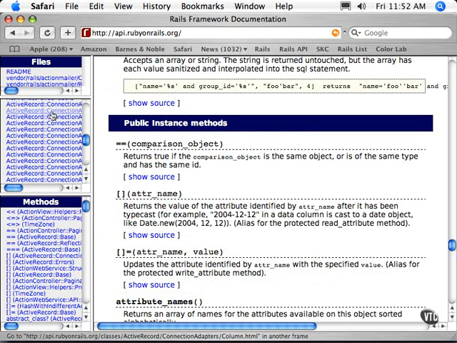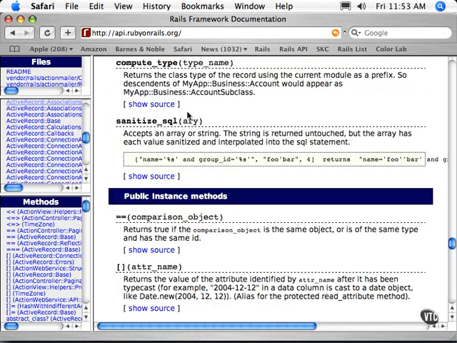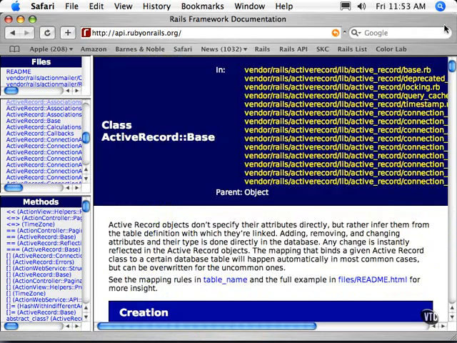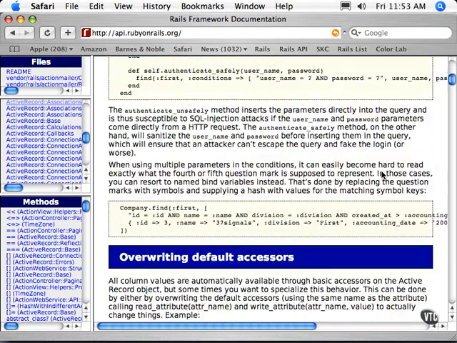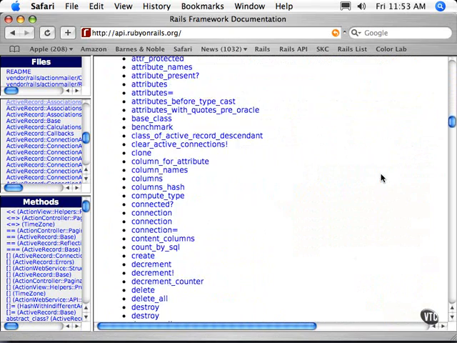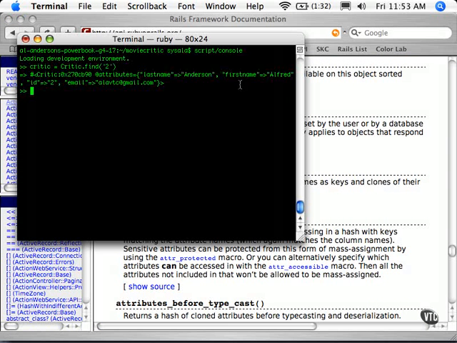I'm in the Active Record Base, and I've scrolled down to the list of methods and gone to attribute names. We can see that that method returns an array of names for the attributes available on this object, sorted alphabetically. So if we go ahead and issue that method,